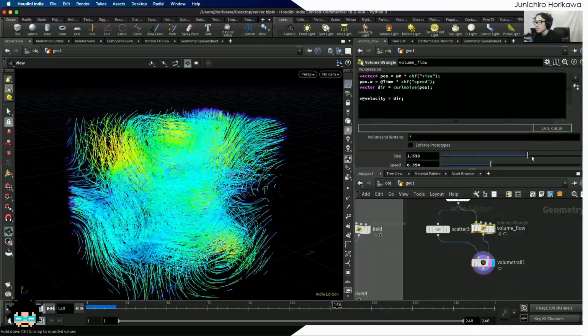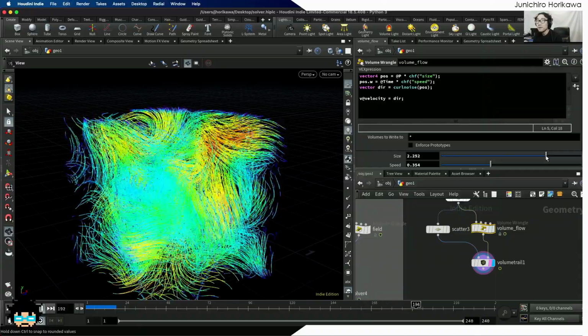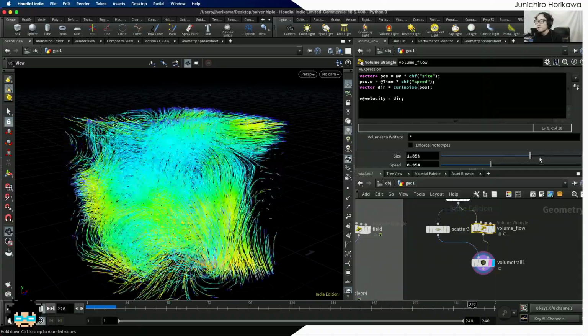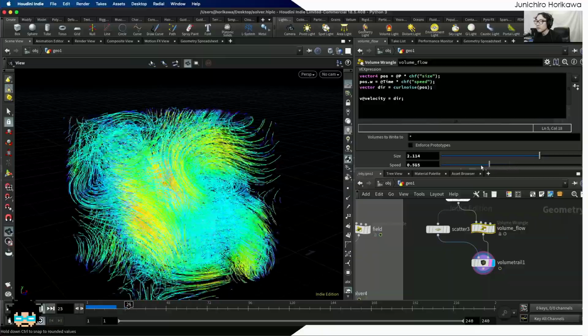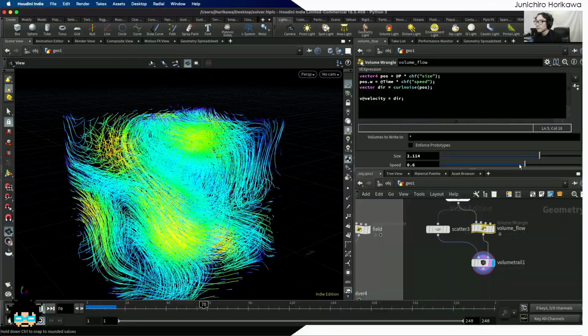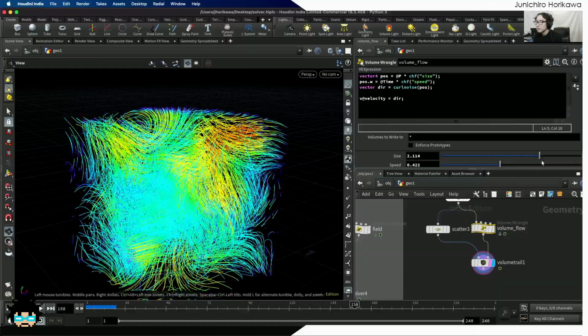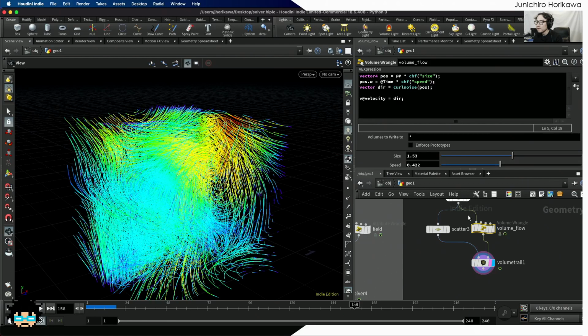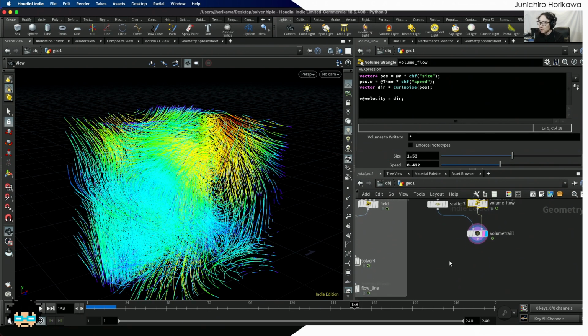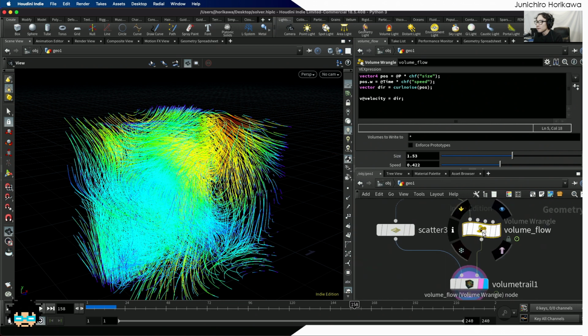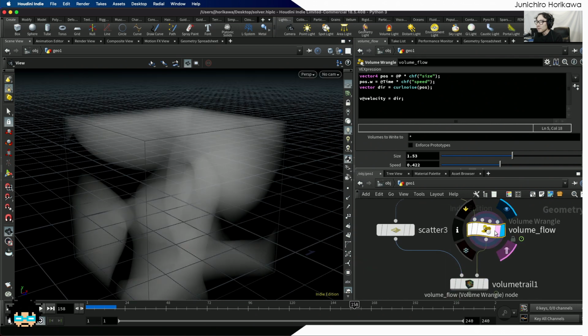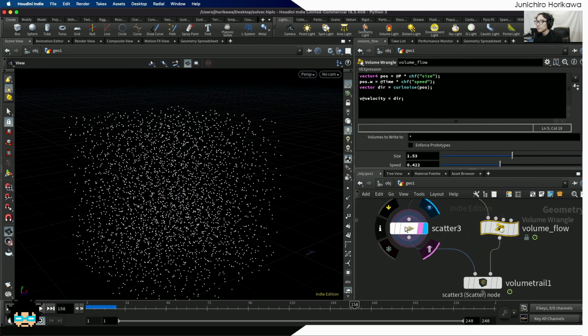and you can see the difference by changing those scale values. Okay, and also the time, make it faster. Okay, let's try to go with somewhere around here. Right, now that we have the guided animated volume and also the points that we can use to move using this volume,